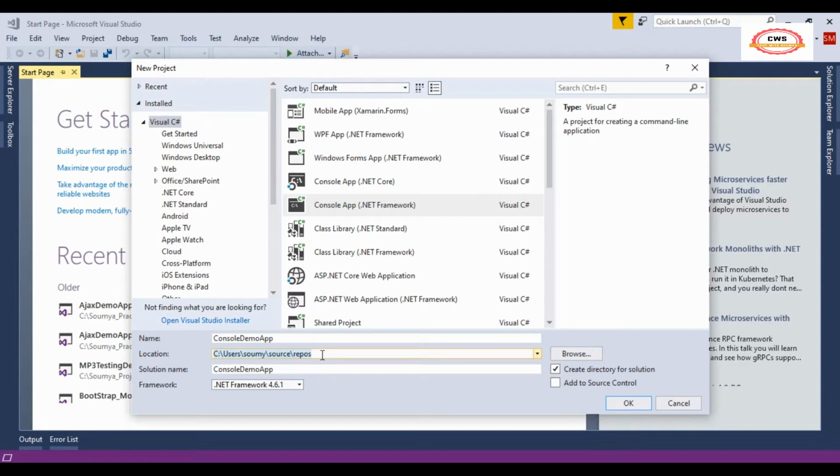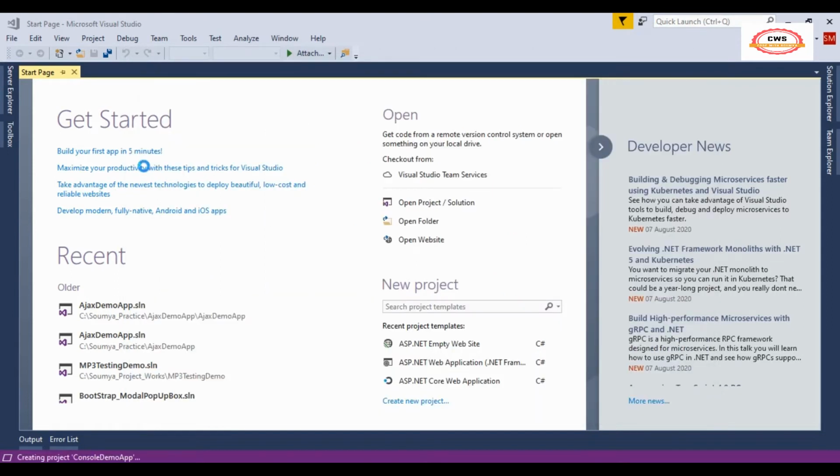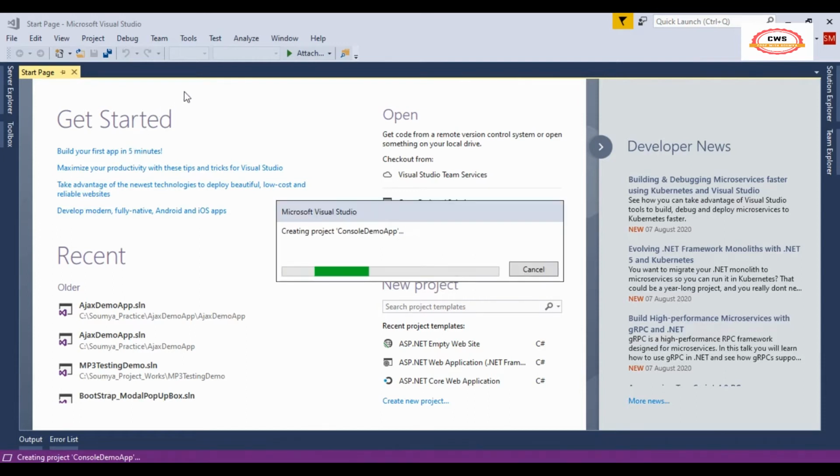You can give any customized path where you want to save your project. After selecting all these, just click on OK. So basically it will create the solution where we can work further. It's basically creating the project Console Demo App.